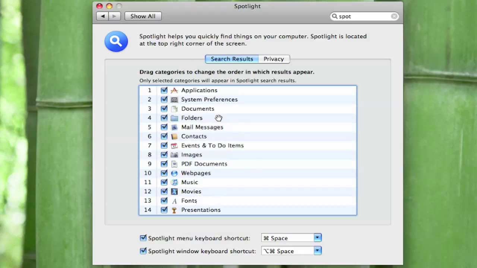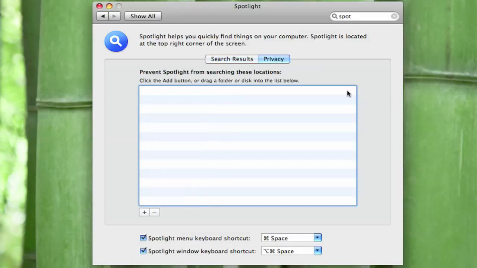And you can also use this to customize. If you want your mail messages to be second or first, if you do a lot of searching for mail messages, then you could drag this around. Also, you can say, don't index my web pages, don't index my music, don't index my movies, and it'll pretty much ignore those files. For privacy, you can also add files, folders, and hard drive locations here. So if you don't want it to index something,